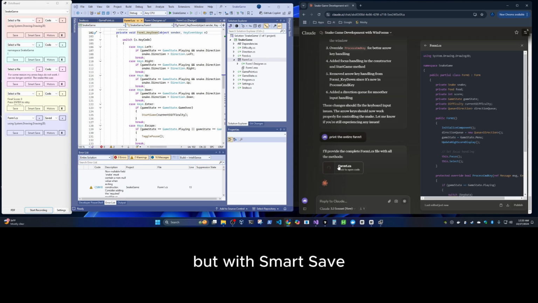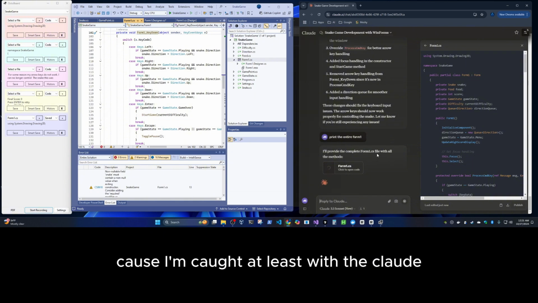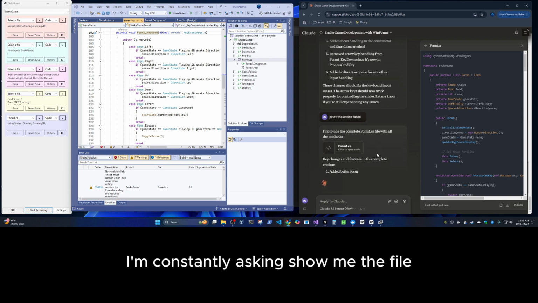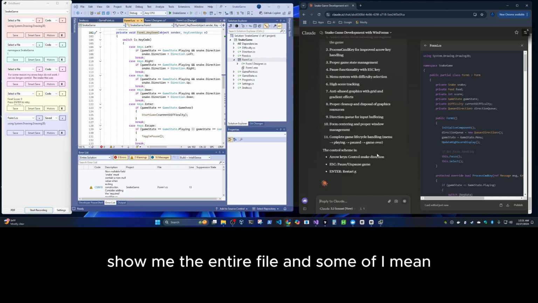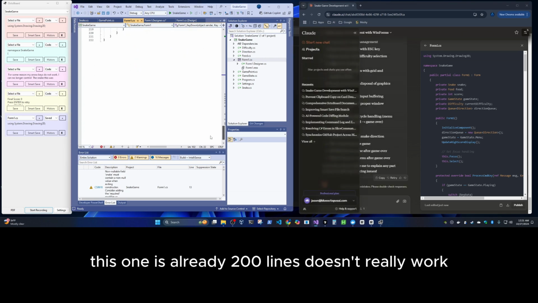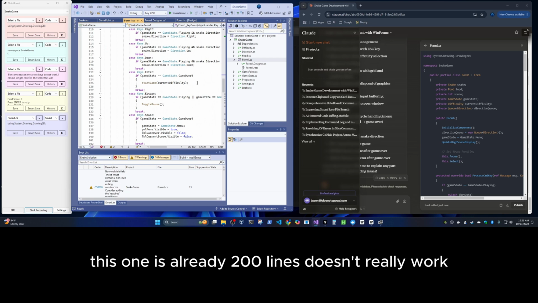But with Smart Save, I'm going to get the app, through a diffing mechanism and probably AI of some sort, to do that automatically. Because that's a manual thing, and if it can do it 80% of the time, that would be awesome. Because at least with Claude, I'm constantly asking it, show me the entire file, show me the entire file. And this one is already 200 lines. Doesn't really work.